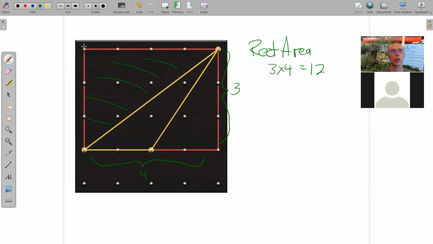And when I look at this one up here, it has, let's call that the base there, 1, 2, 3, 4 units. And like the rectangle, it has a height of 3 units. So from the rectangle, I need to take away that triangle. So let's see, what is that? Base 4 times 3, divide by 2. So that's 12 over 2, which is 6. So I'm going to have to take away from that 12 a 6, and that's going to leave me for the remaining area,